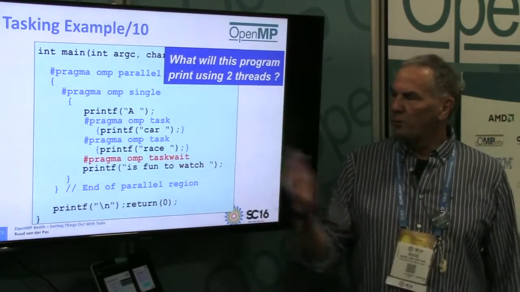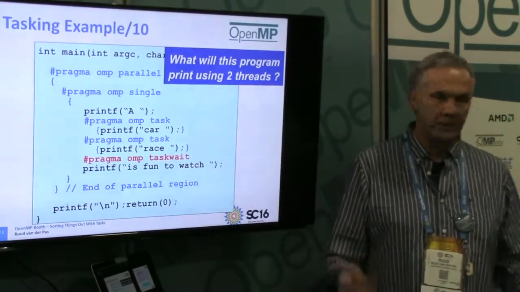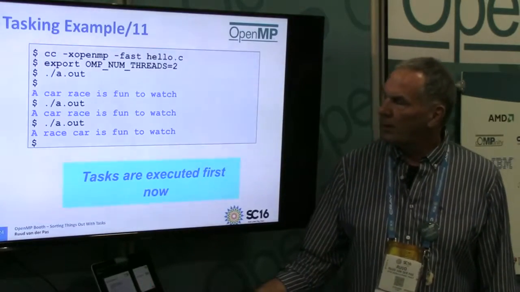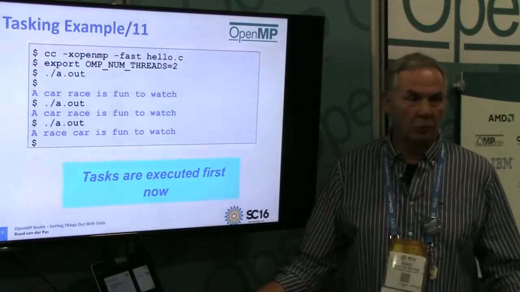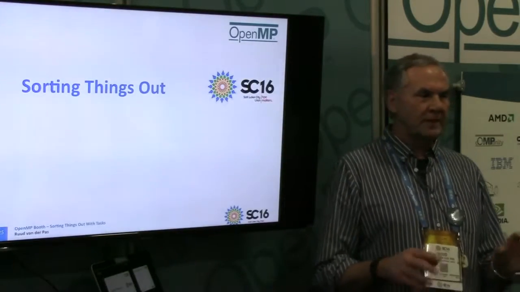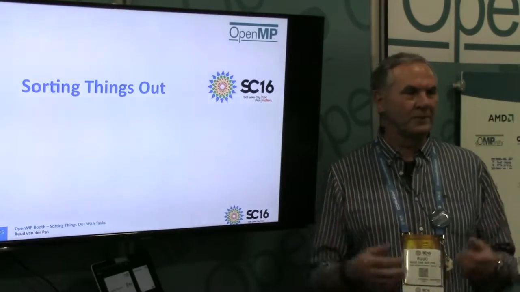And then when you print, it's fun to watch, all the tasks have been executed and we achieve our goal. So the solution is quite easy. All right. And it works as advertised. All right. The last example I want to show, that was the whole goal of this talk, is to show a